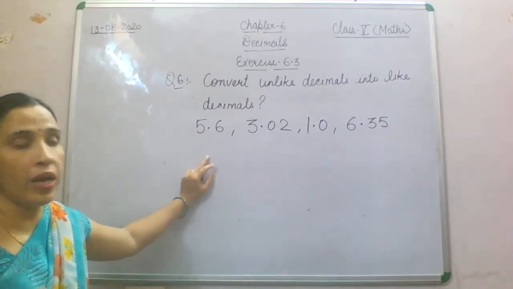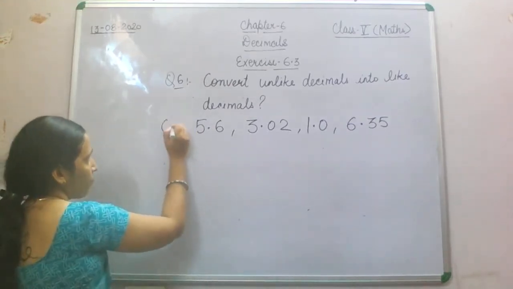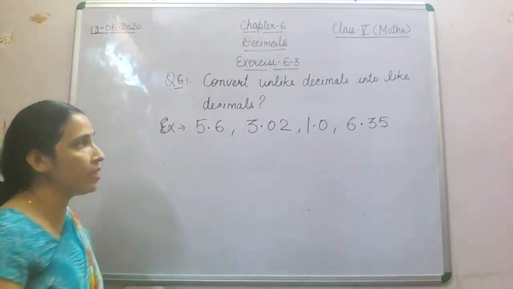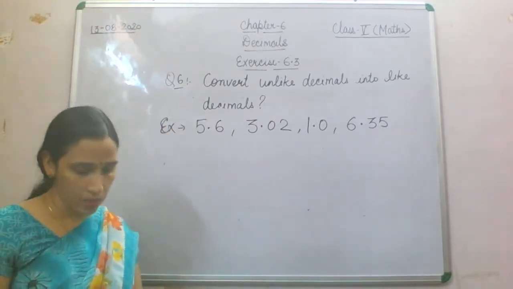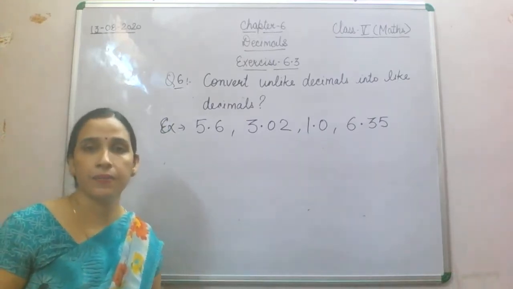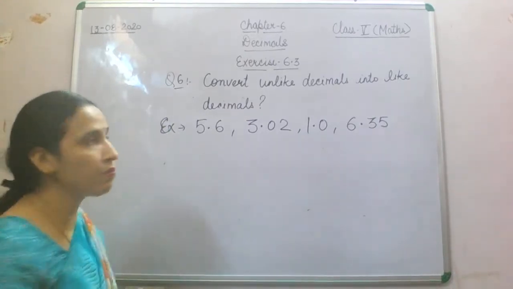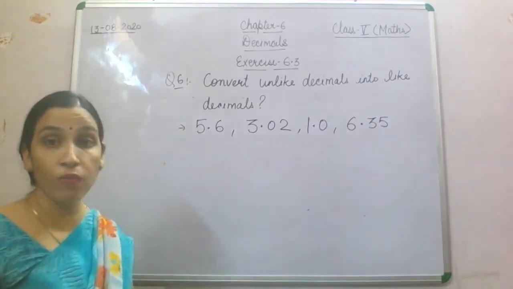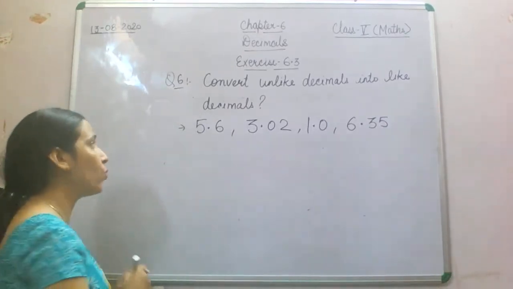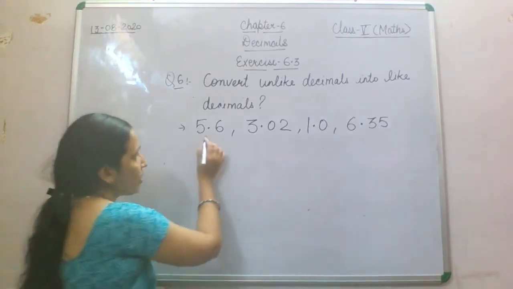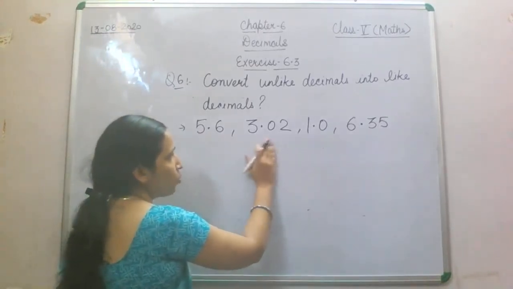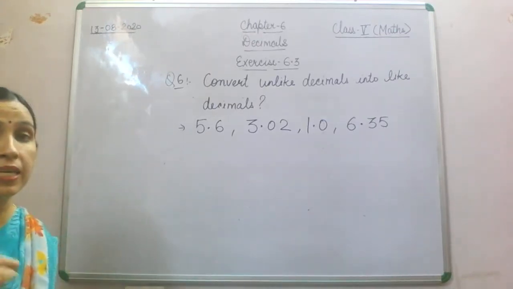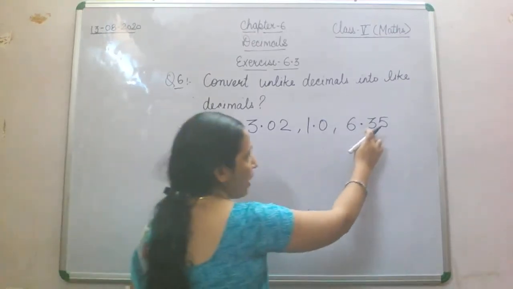Fine. You can be given a question with 1 decimal place, or with a pair of numbers, with 3 numbers, with 4 numbers. So in this you can see 4 numbers are there, 1, 2, 3, 4 decimal numbers. Now what is the maximum decimal place? That is 2, 1, 2.